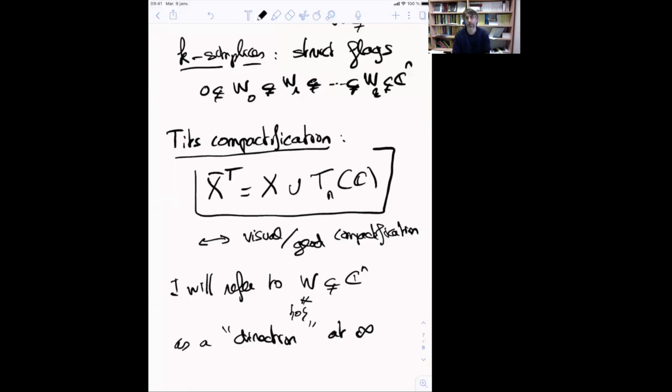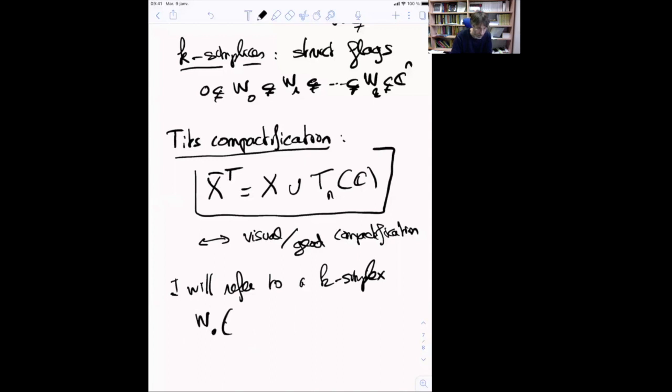Since you see the whole Tits building, maybe I should not say that. It's a bit too sloppy. So I will refer to a k-simplex, a flag in Cn, as a direction